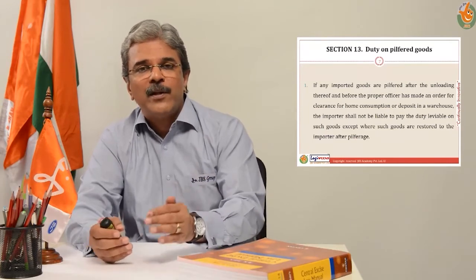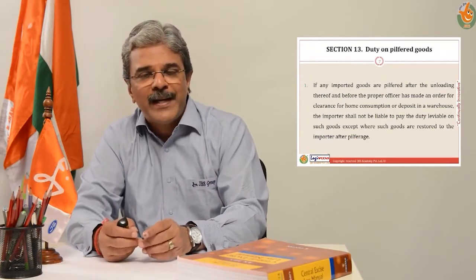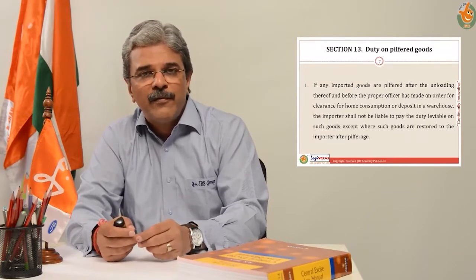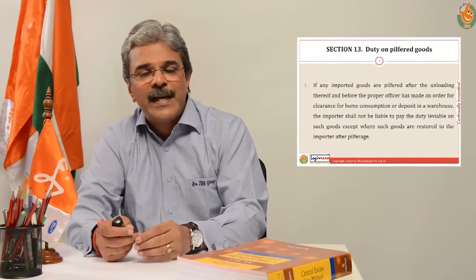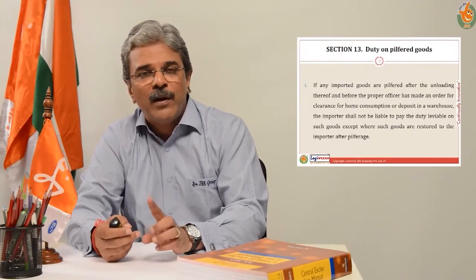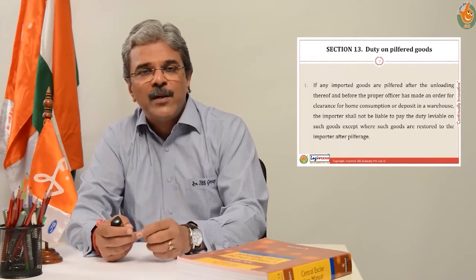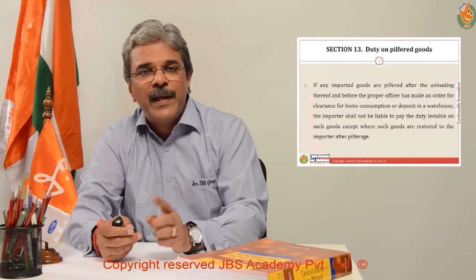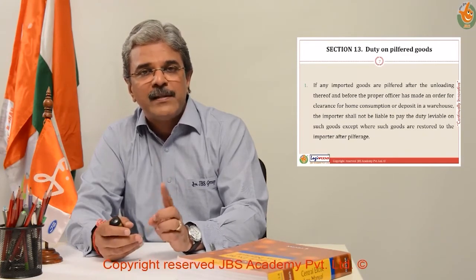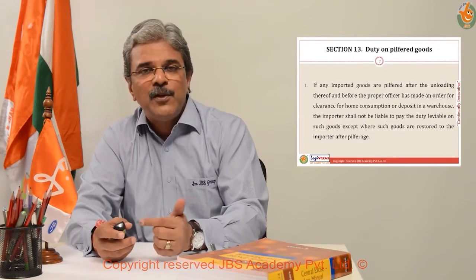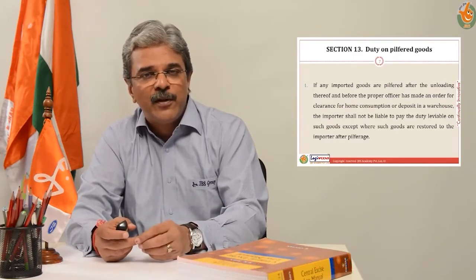That you have an import consignment of, say, 25 bags. 25 bags are unloaded. You process the bill of entry, but when you go in for examination or delivery, either before payment of duty or after payment of duty, but before out of charge, you notice that one bag has been pilfered, then the customs duty payable would be on 24 bags and not on 25 bags. If you have paid the duty, you make an application for refund of the duty.